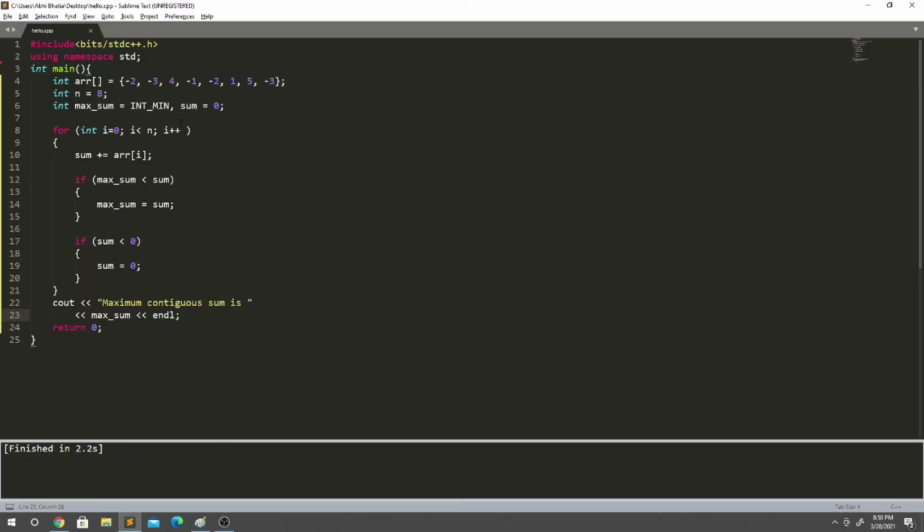So if I show you the code implementation, this is the array, and n equals 8 in this case. We define a variable maxsum as INT_MIN. This will store the maximum sum at the end of the looping. This is a sum that will actually calculate the sum of the subarrays that we encounter. And now we start our main loop. This is the main loop that we start, i from 0 to n.